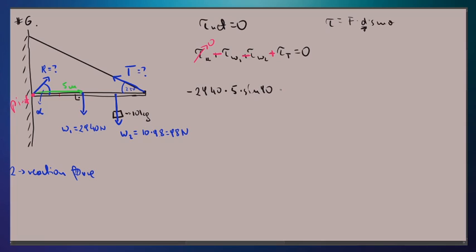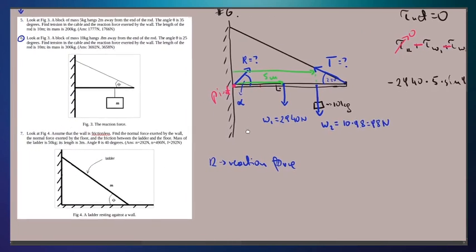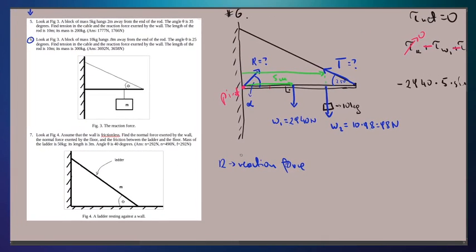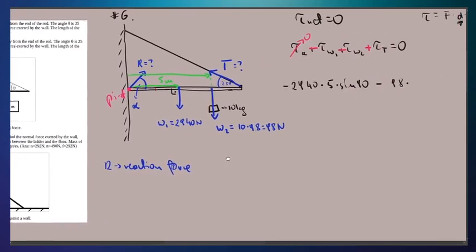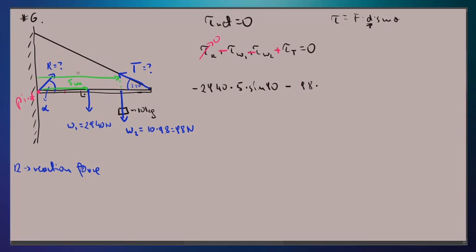Okay, so that's settled. Minus the second torque, which is 98 newtons times however far this force here is. So I need that distance. So let's see what that was. This little mass is 0.8 meters away from the end. So if it's 0.8 meters away from the end, then that means that this is 9.2 meters. So times 9.2 times the sine of 90, because I have 90 degrees here,